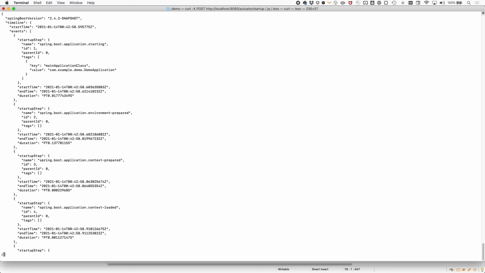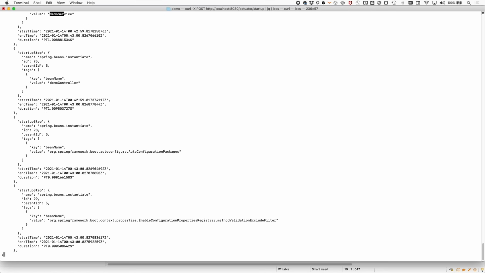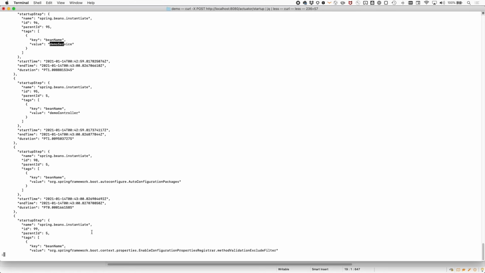If I look at the demo service here, you can see the same information we had before: when it starts, when it ends, and the duration. We're quite excited to see what people will do with this new feature. As I say, we provide 2 implementations of that interface out of the box, but you can also easily develop your own. Let's move on now to have a look at something